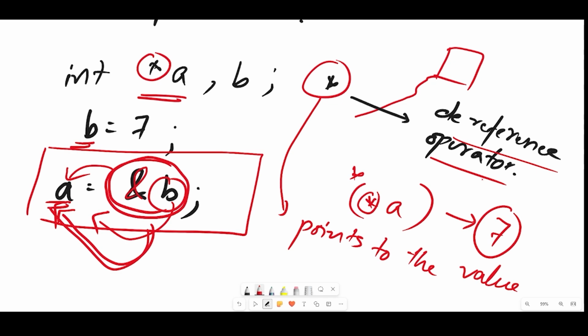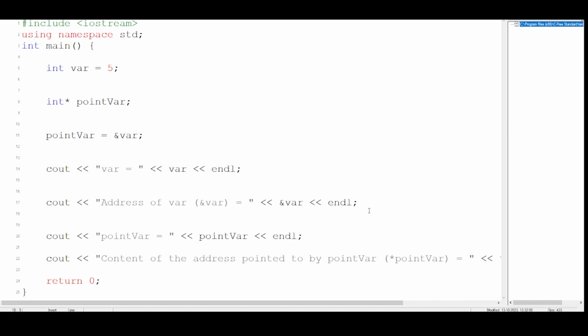Now to understand all these concepts, we have to understand with a program. So let me show you a program of how pointers work. Over here I have a program, and it's a very simple program of pointers. Here, I have a variable which is storing the value 5, of int data type. Then I have a pointer over here. In the next line, I am taking the address of var, that is wherever 5 is stored, and I'm putting it in the pointer variable. Then I'm printing the variable. So this I know will print 5, simple.